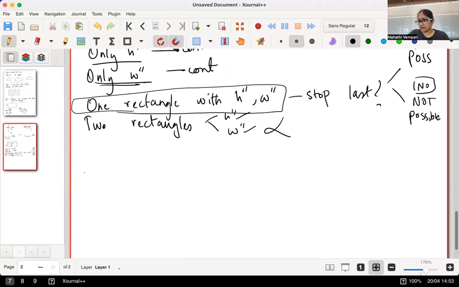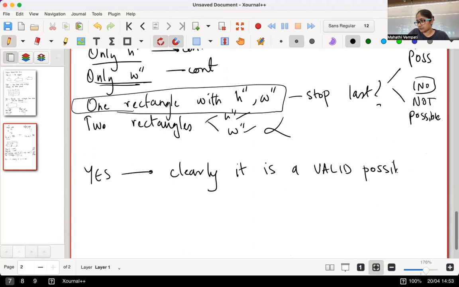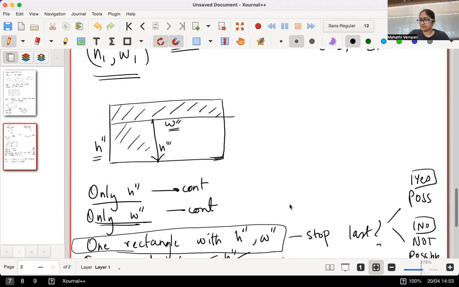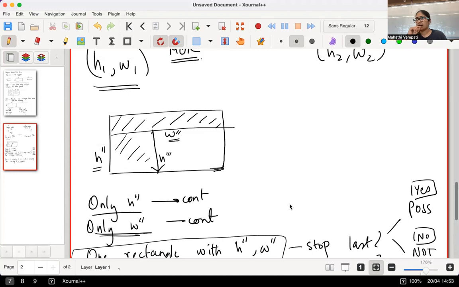So if you get a yes, clearly it is... get a no. I guess we show that any cut is equivalent to the greedy cut. Right? And the way we show that is,